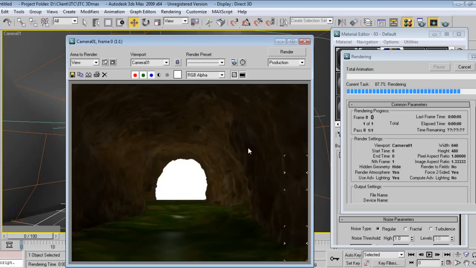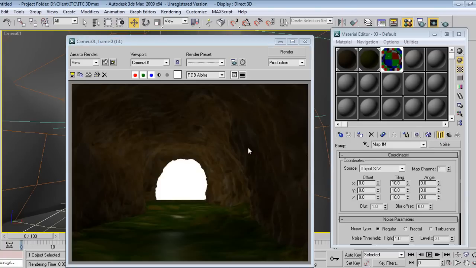So this is what my tutorial was, to clearly say for displacement, how can we use displacement in a very creative